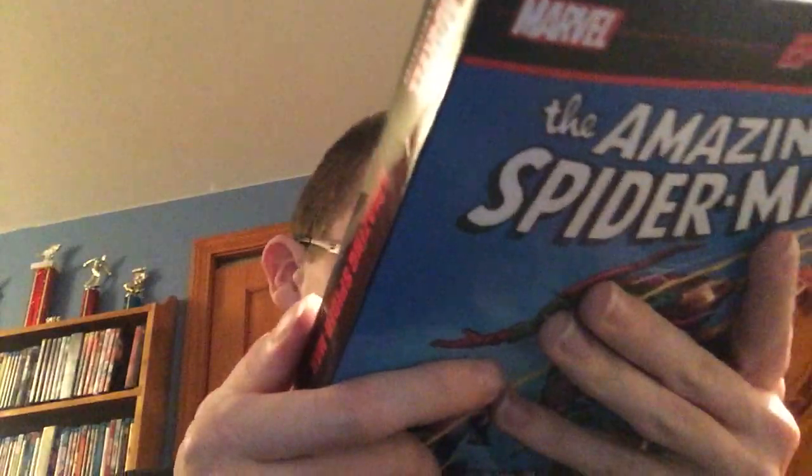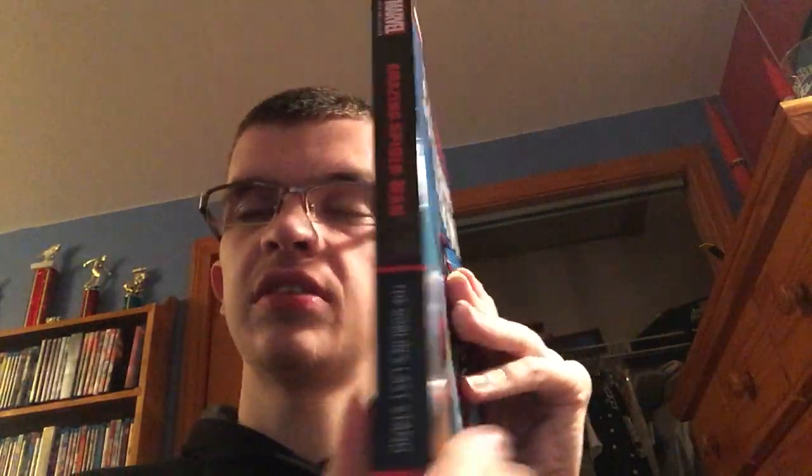So yeah, this used to be $34.99, and it was a pretty good price because it's a lot of issues, a pretty thick book, and the paper quality is damn good. The story is damn good too. This is the first printing, by the way. I was gonna trade it for the omnibus, but I decided to get, about a month ago actually,